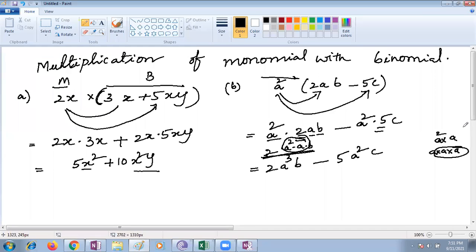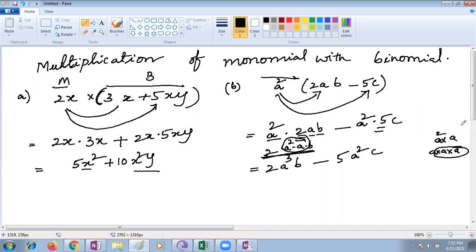Ma'am, but here you got a minus. Ma'am, I'm not understanding. Okay, where you didn't understand, please let me know. Ma'am, in the first we got a cube b, but in the second we only got a square c. Why? Because here an a square term is there. In the second expression there is no a square term, you have only 5c. Oh, okay, ma'am, I understood now. I didn't see the question.